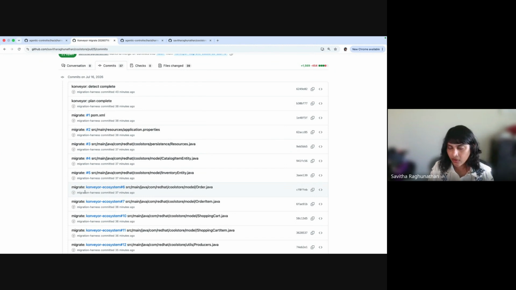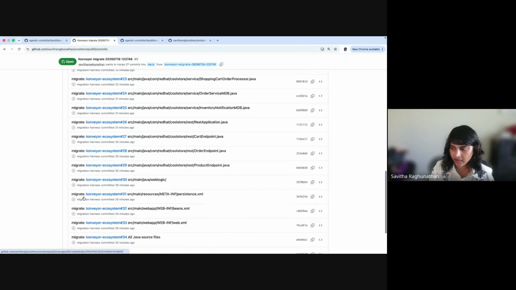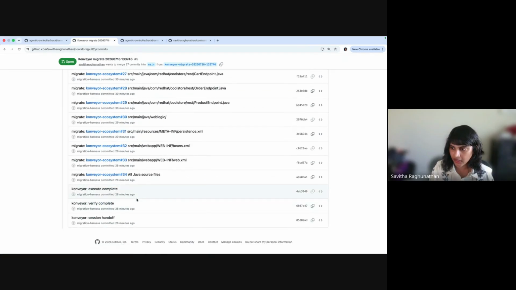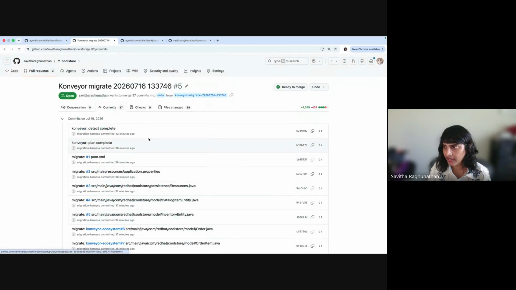So all these things are experimental, and they might change eventually, but this is the current state, and I'm showing the current state. So it migrates all the files, and then once it's done, it does create a handoff. Handoff is created every stage, and then it'll also update the handoff file